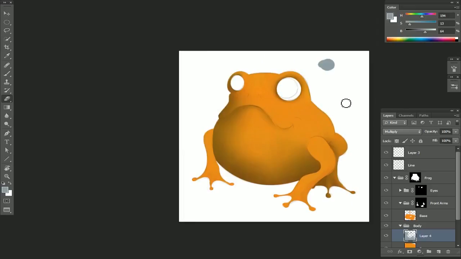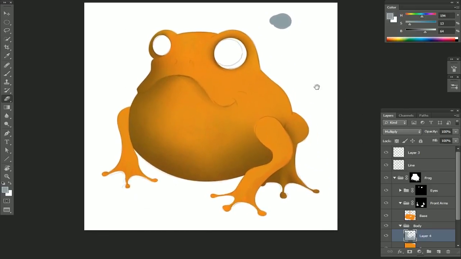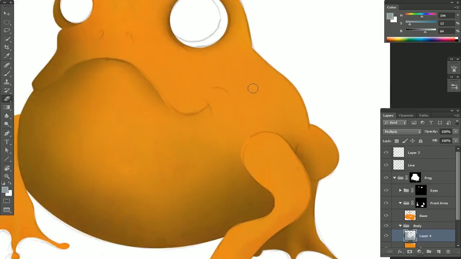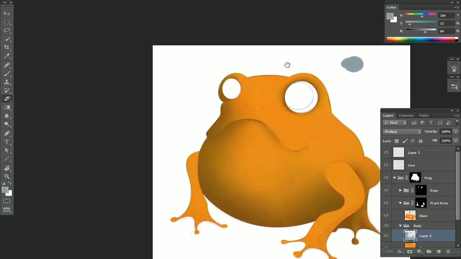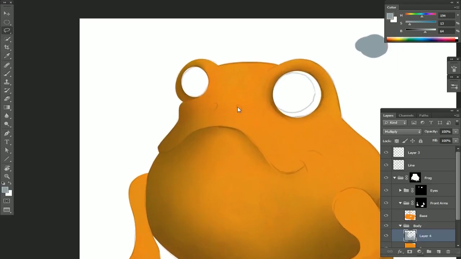When you're painting, it doesn't hurt to just zoom out every now and then just to check everything's looking okay, because if you're in this far, everything could be going out of control in other areas, and you might not be noticing it. Actually, just before we do anything else, we'll